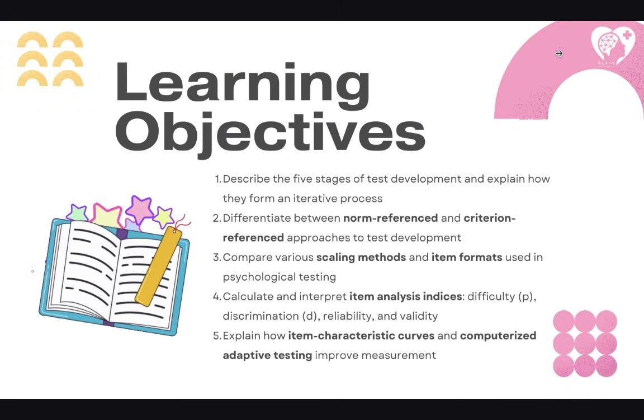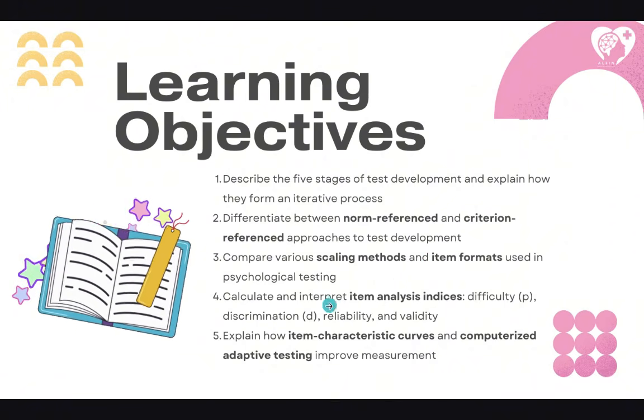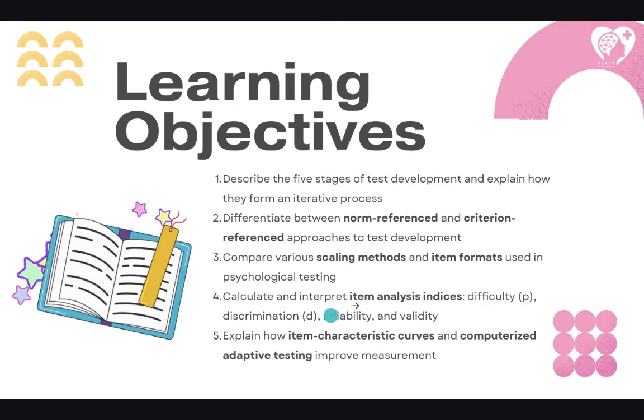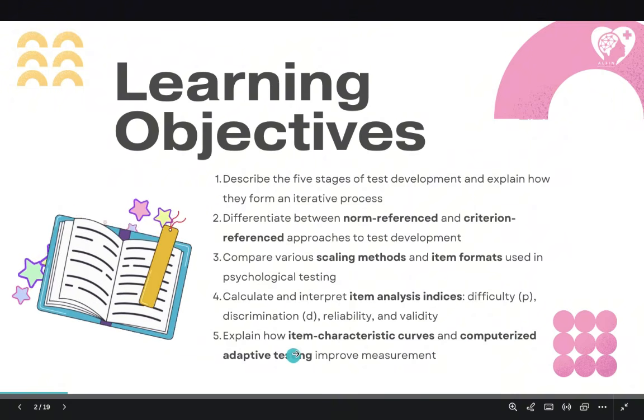First, by the end of the session, hopefully you'll be able to describe the 5 stages of test development and explain how they form an iterative process. Second is to differentiate between norm-referenced and criterion-referenced approaches in test development. Compare the scaling methods and item formats. And then we will calculate item analysis indices. Don't worry about the calculation part. And then explain how item characteristic curves and computerized adaptive testing improve measurement. Okay, so let's start first with the